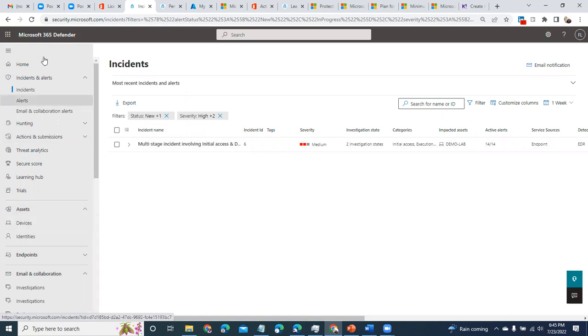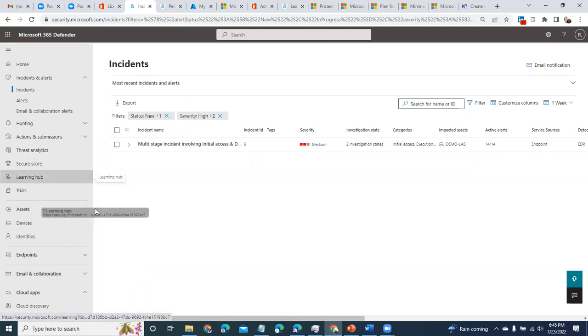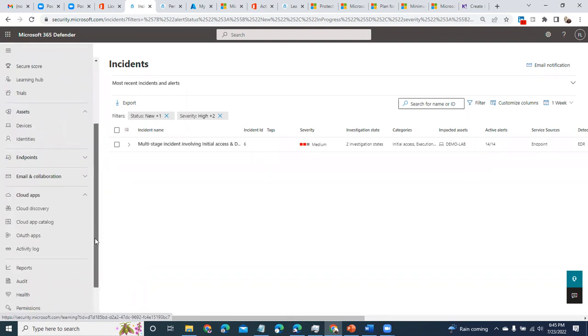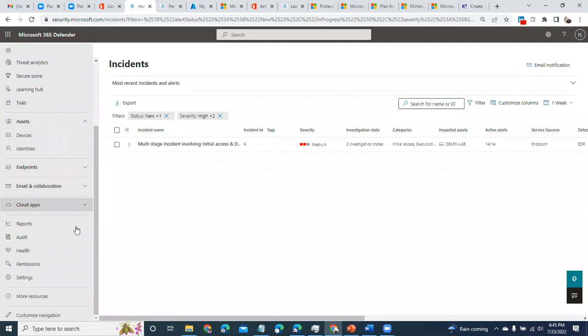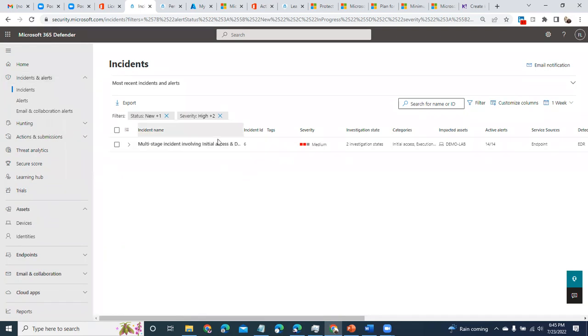And that's why if you look at the left-hand side there, you can see it broken down into endpoints, email, cloud apps, and identity devices, right? So as events occur across the whole Defender family, they will all land on your incidents page.